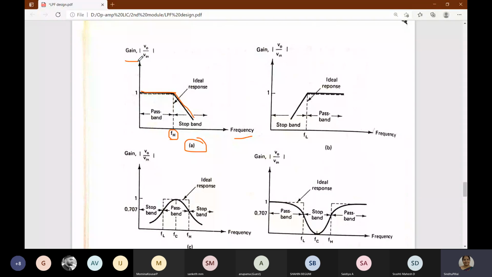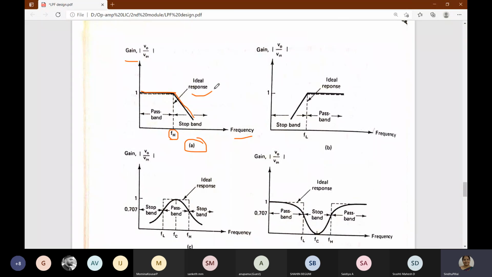That is the gain versus frequency here. Pass band, when frequency is less than fh, and when frequency is greater than fh, we call it as stop band. See, this fh can be designed by us. We can design it for 1 kilohertz, 2 kilohertz, and taking the formula we can design where the frequency depends upon resistor and capacitor. And as they have shown, this dotted line is nothing but the ideal response.